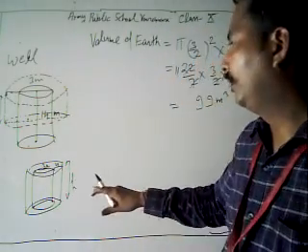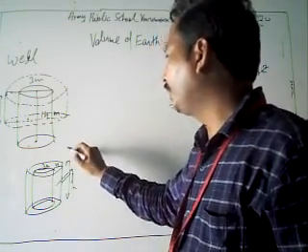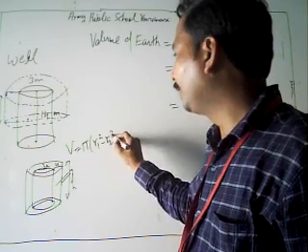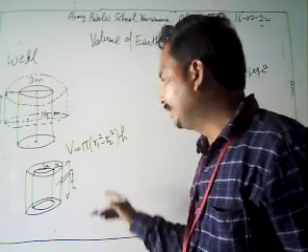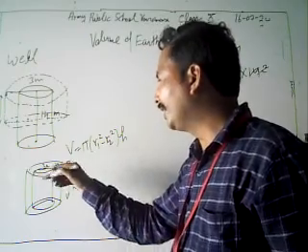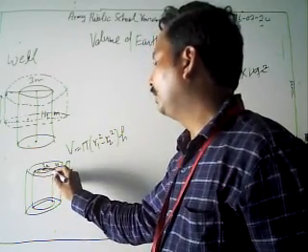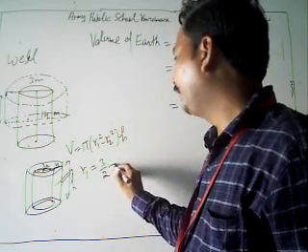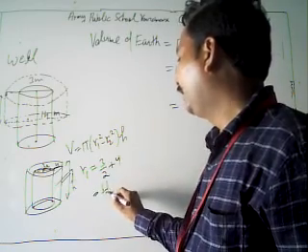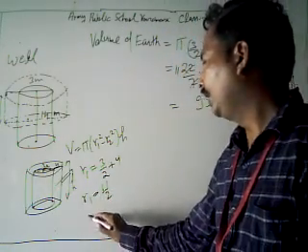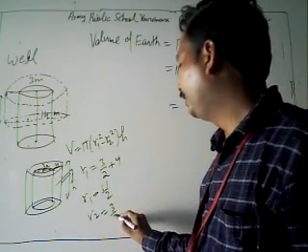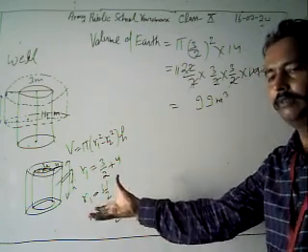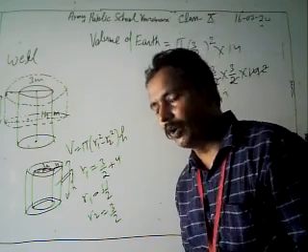Now look, what is the volume of this hollow cylinder? The volume of a hollow cylinder is given by pi into r1 square minus r2 square, into h. What is our r1 there? r1 is our outer radius. Our radius is 3 by 2 and the width is 4. Then r1 is 3 by 2 plus 4, which is 11 by 2. r2 is the inner radius, 3 by 2. Now the volume of this earth is equal to the volume of our embankment, which is in the shape of a hollow cylinder.